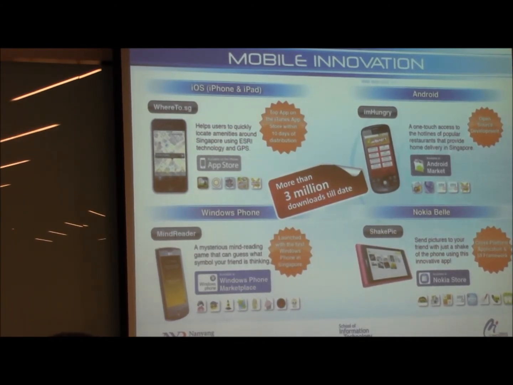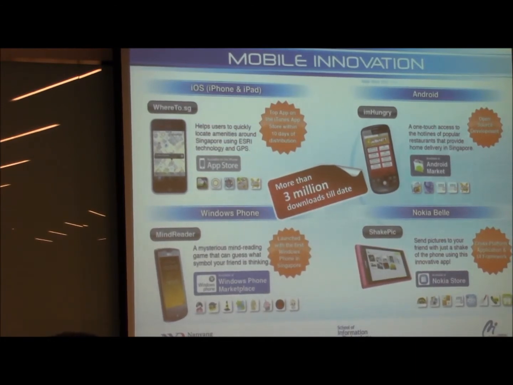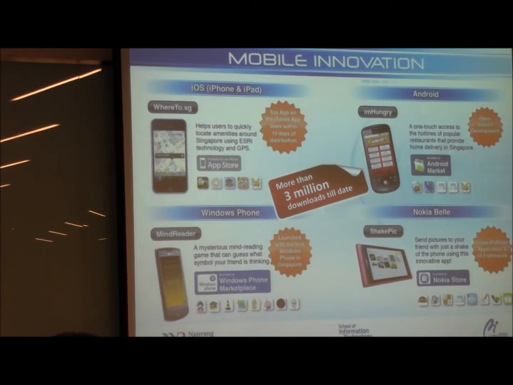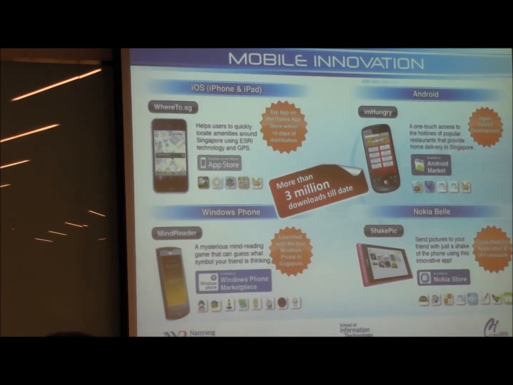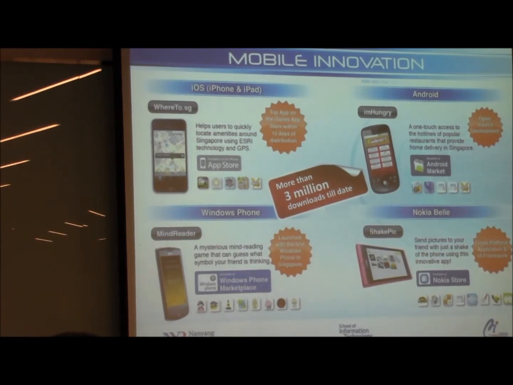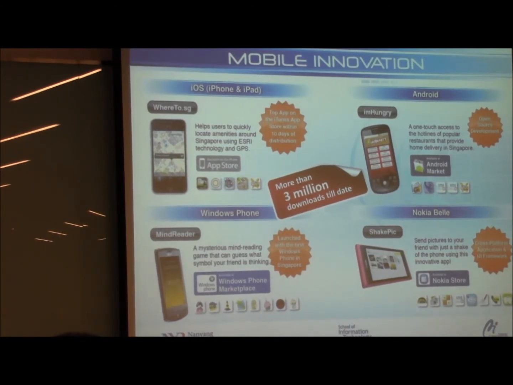I think in the earlier days we worked a lot with Nokia on the Symbian platform. We moved together with them from S60 to Qt. And then finally today they are the biggest phone platform. We have development in iOS, Android, as well as Windows Phone from Microsoft. Till date, we have done about 70 apps, but only about 40 are actually commercialized through our developer account. You search for NYP in any of the stores, you'll probably find about 35 to 40 of them. The rest are delivered to customers and published through the companies.